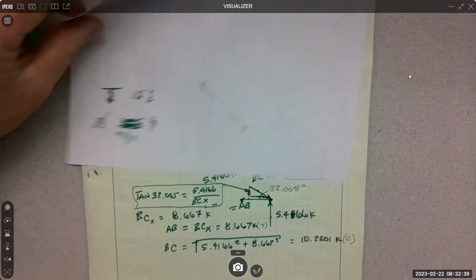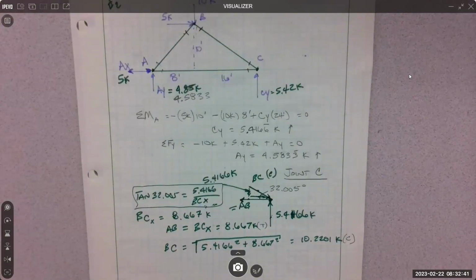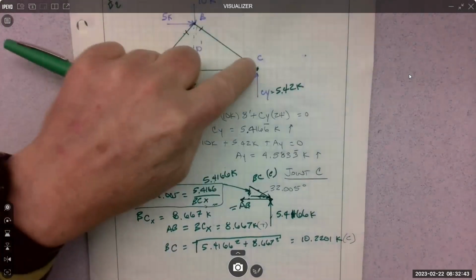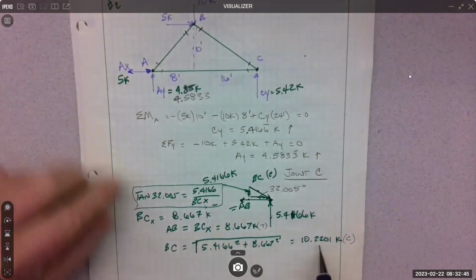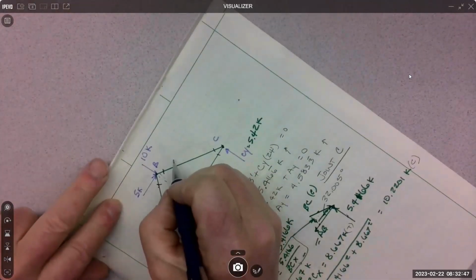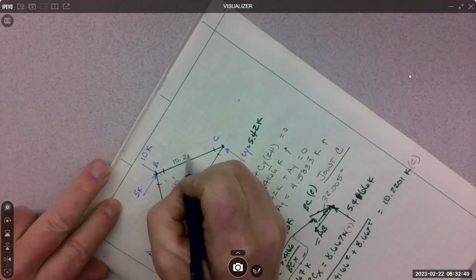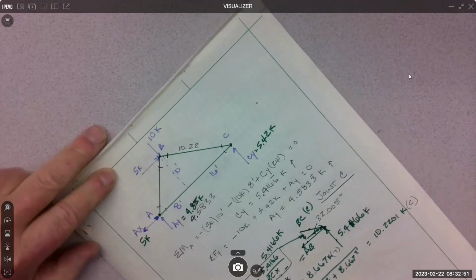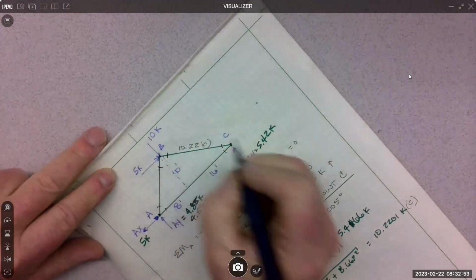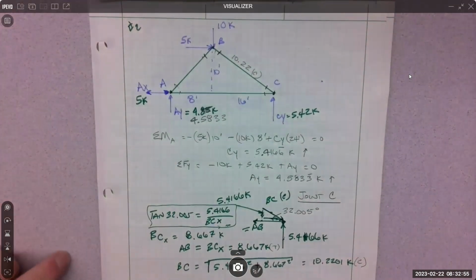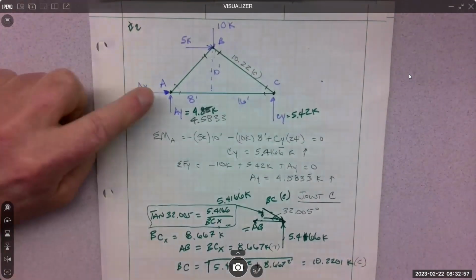All right, so as soon as I find them, I transfer them up to the truss. So BC is 10.22. And typically you write it right along its line, and that's in compression. And then AC